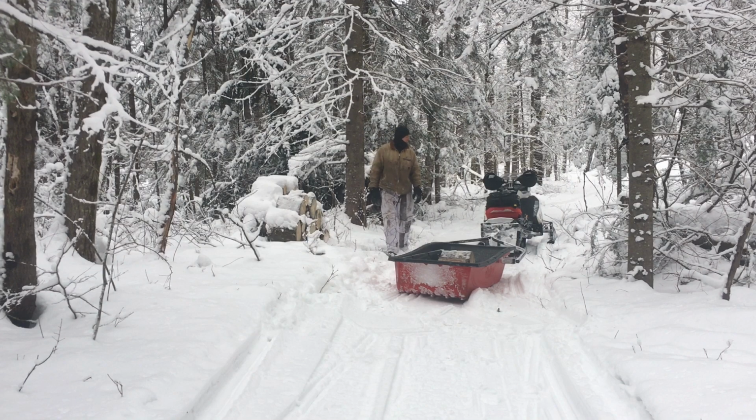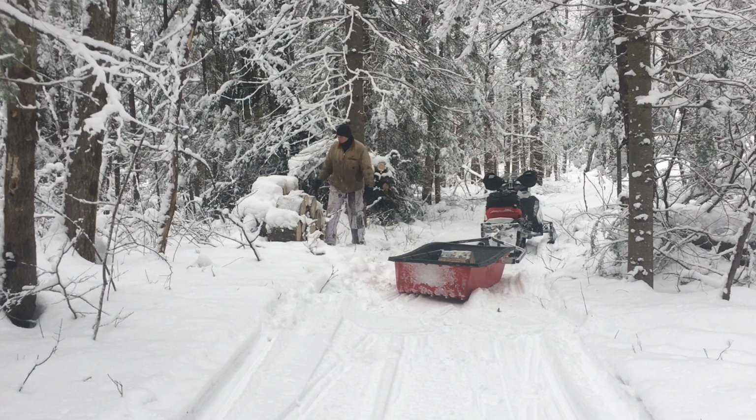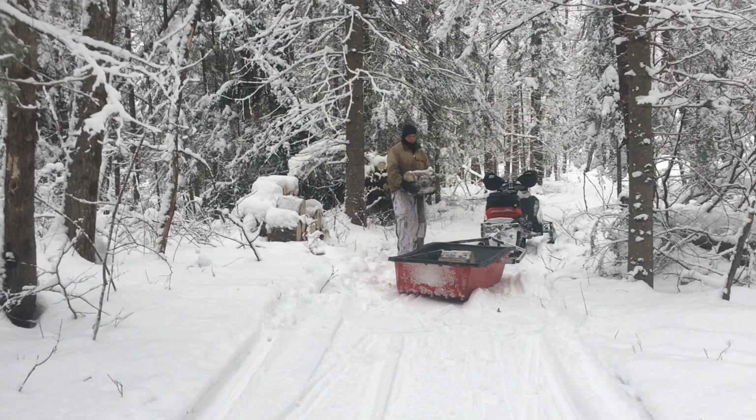So I just came back out to a section of the trail on the way in. I think there was 4 trees right here across the trail that me and my brother cut out just before New Year's there. So we just stacked it up here. So there's a few